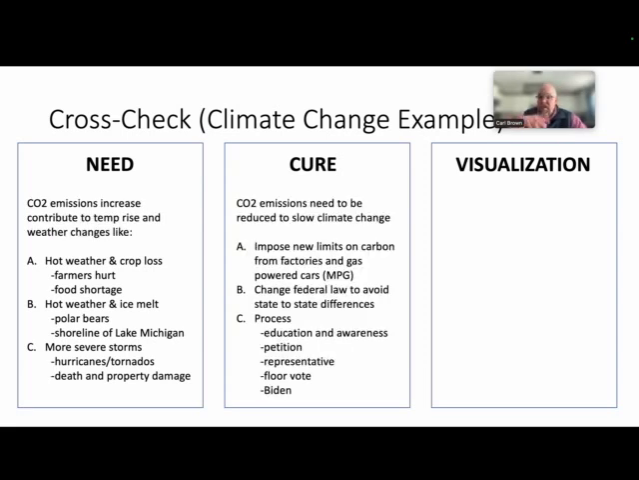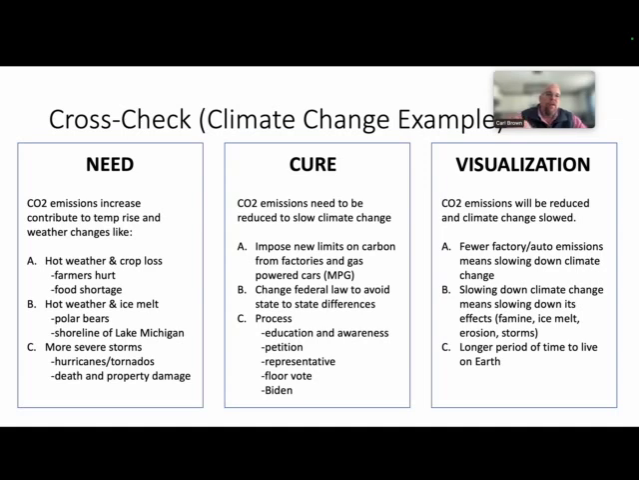So then I give this solution. Here's what I'm going to do. I'm going to change the process. We're going to raise awareness, do the petition, get a vote, and then, it said Biden, that was before. Now it's Trump. He needs to sign that. So here's the kicker. Go over and think about your A, B, and C in the need and make sure it works over here. So if we've got crop loss, hot weather, farmers are being hurt, and food shortages,